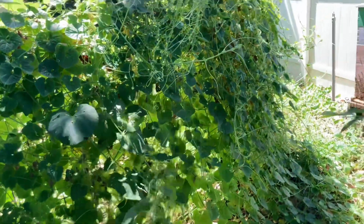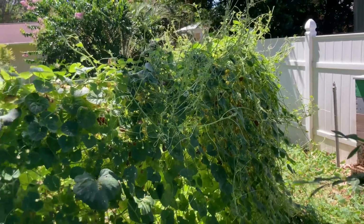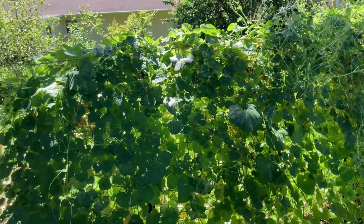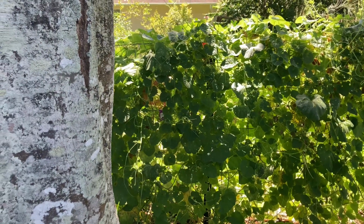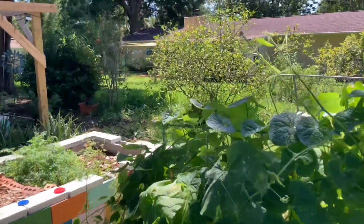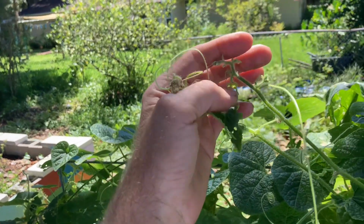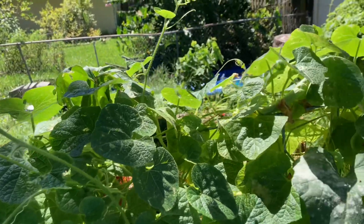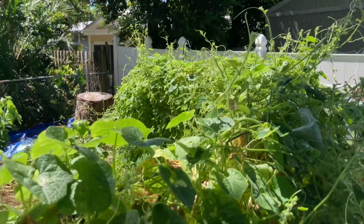It is growing tons and tons and tons of green stuff, but no blooms, not a single bloom on it. So I don't know if it's going to do anything, and it's starting to take over other stuff, which is not what I want to see. Okay. I'm gonna step in here and try not to fall. Was that a bloom? I don't think it was. Well, it sure looks like it could be. I think that's the same stuff I've been seeing. No blooms though anywhere, which is very disappointing,